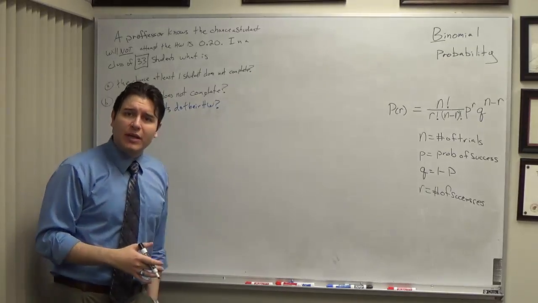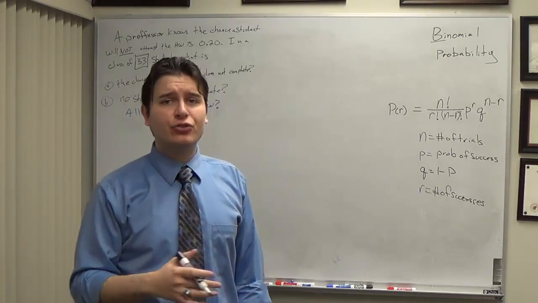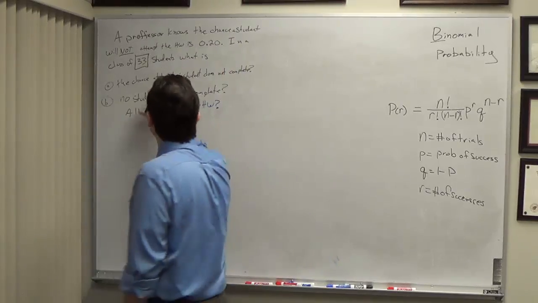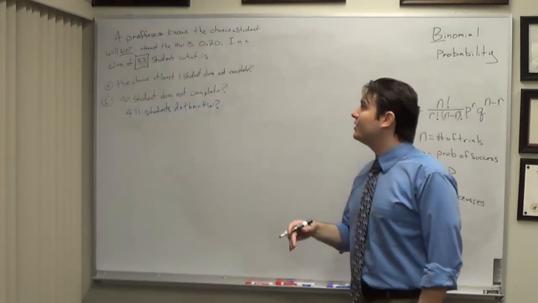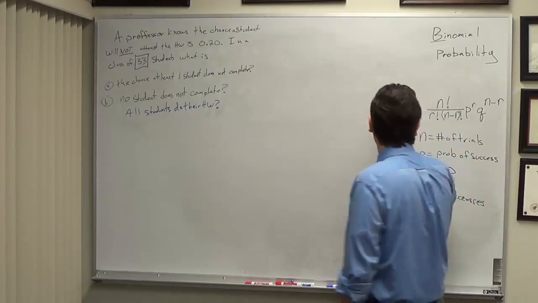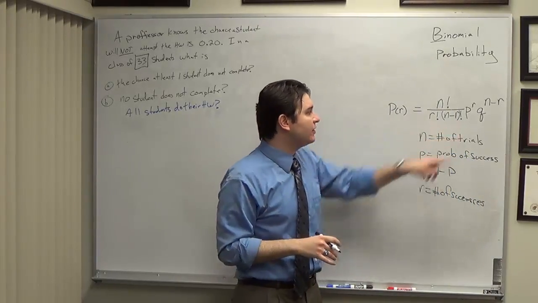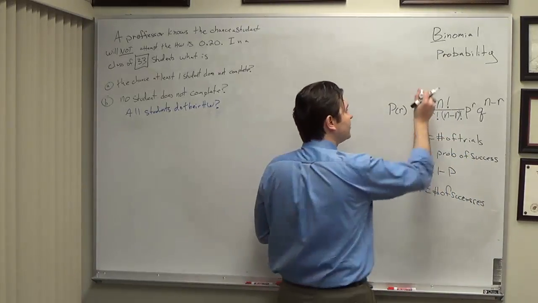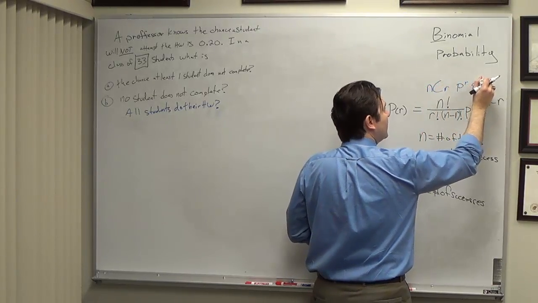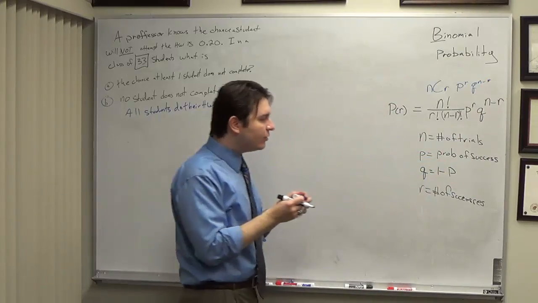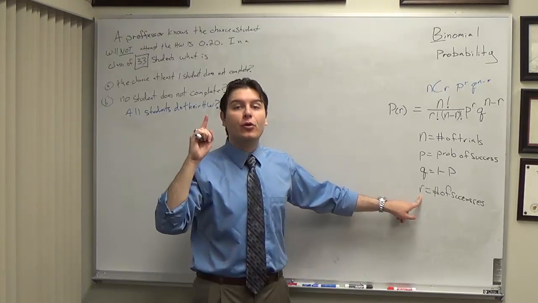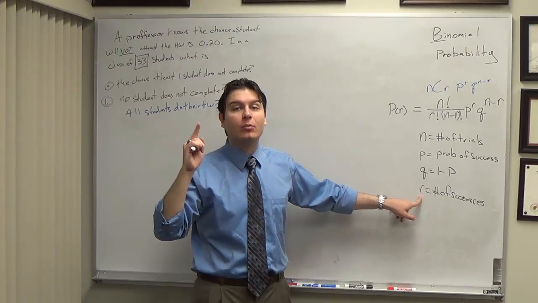Here's the problem, and it's not really a problem, just a potential concern of mine for part A: the chance that at least one student does not complete. This probability formula, and notice this piece right here is the combination formula, so sometimes you see this rewritten as nCr, p to the r, q to the n minus r. But either way, this formula is designed to tell me a probability for one and only one particular number of